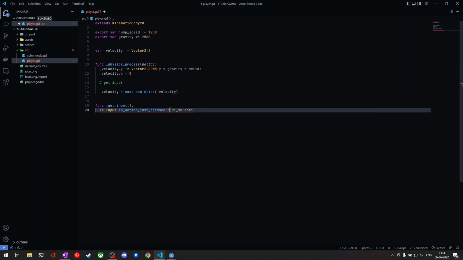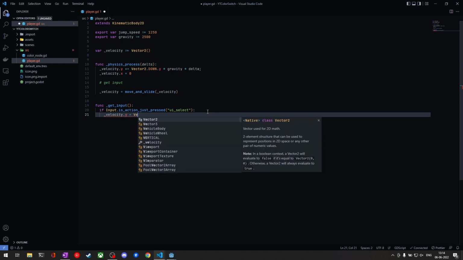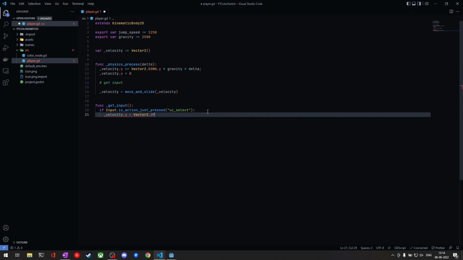So there are some actions that are predefined in every Godot project. UI select is one of them. And this action will be triggered anytime you press space or tap on your mobile device. So you can change these actions and their key bindings in the project settings. So now anytime this action is pressed, we'll set the velocity dot y equal to vector 2 dot up dot